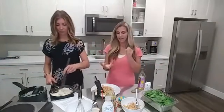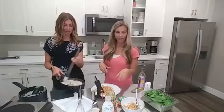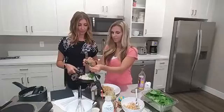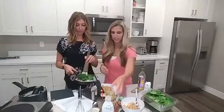We have made a white sauce by combining our fat, which was olive oil, and flour, in equal amounts. Fat and flour is usually equal amounts. Put some spinach in this. And then a dairy-free half and half, which is